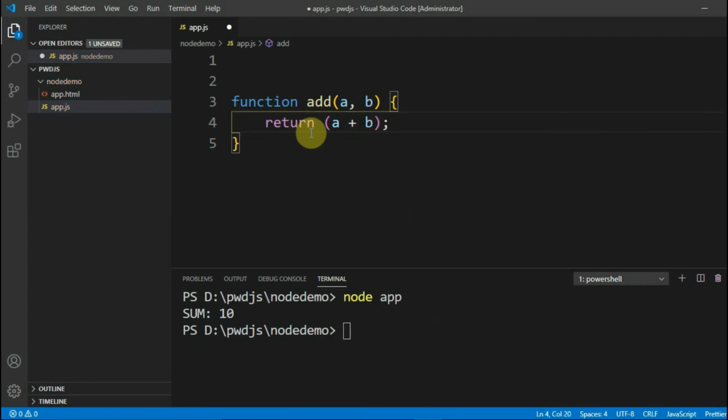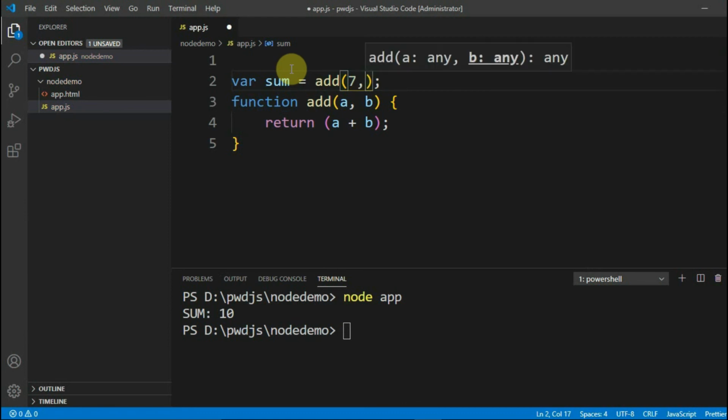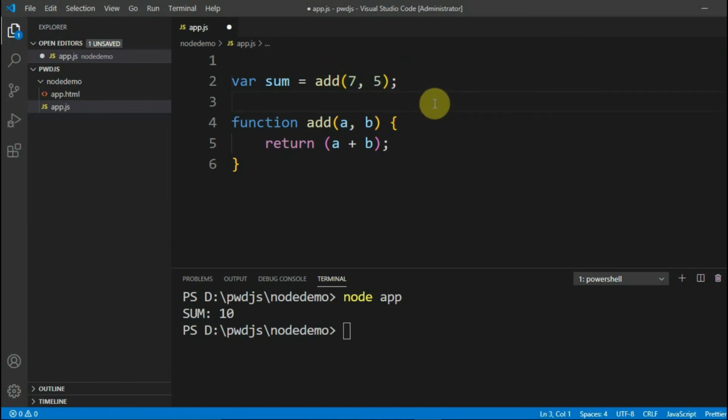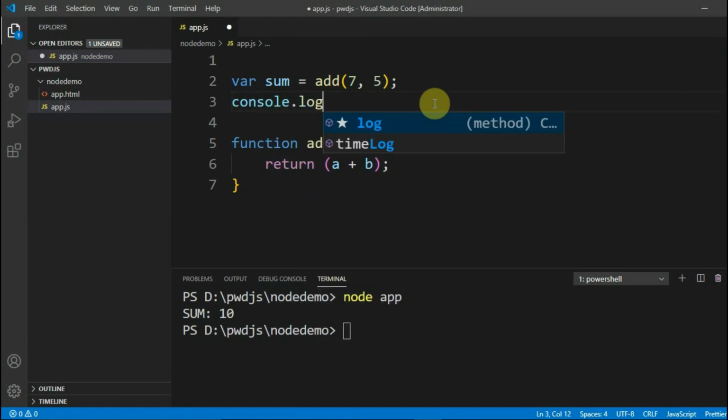To call this function, I simply need to call add because it is returning a value. So I am saying var sum equals to add 7, 5. I'm passing the parameters which I need to add. Now I'm simply saying console.log sum.